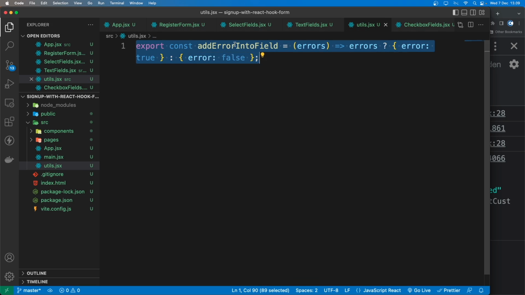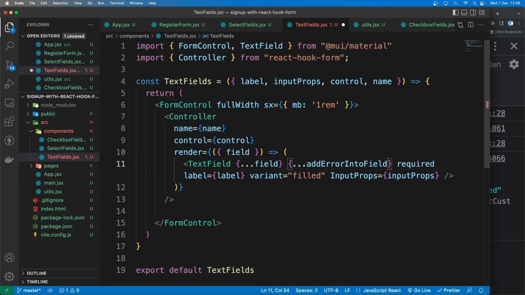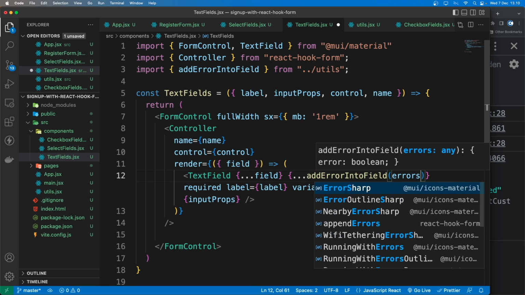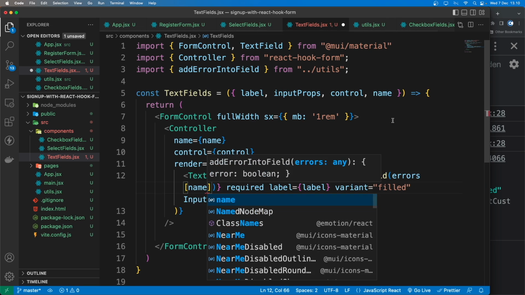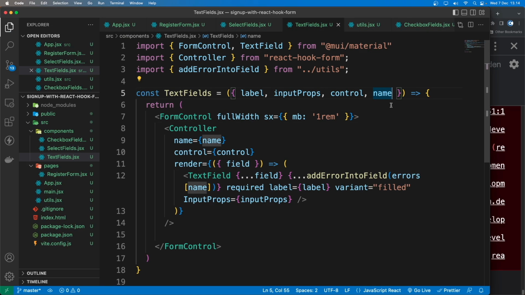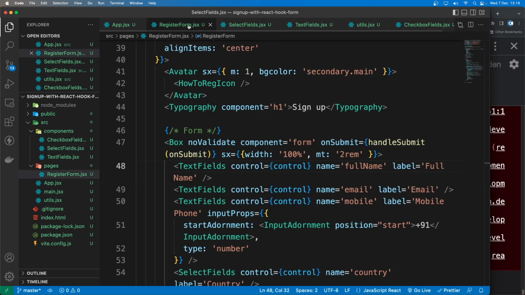So now we can use this function. We can copy the name of the function, and go back to TextField, and in here I'm going to spread it, let's say three dots here, and import the addErrorIntoField. We are going to send the errors, and then name. We don't yet have this errors, so we are going to access that from props. So I'm going to send errors, and of course we need to send the errors into the text field. So let's go back to register form, and we are going to send the errors